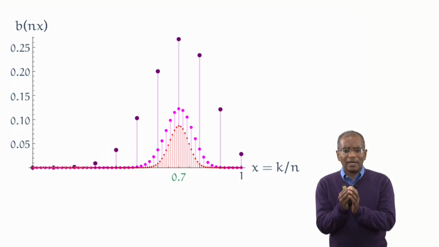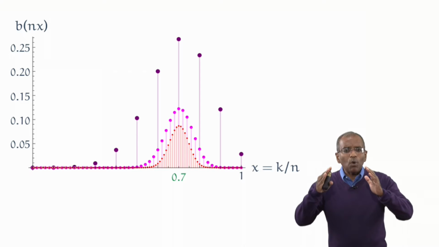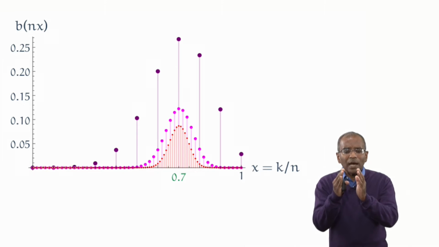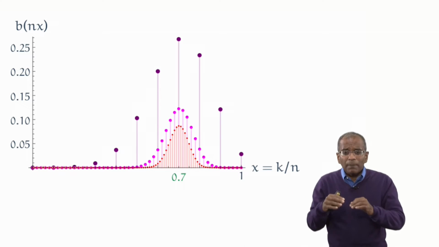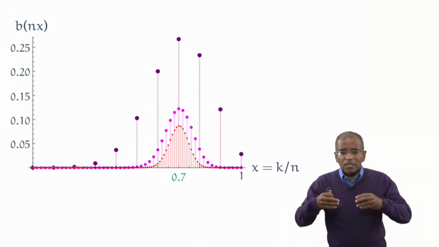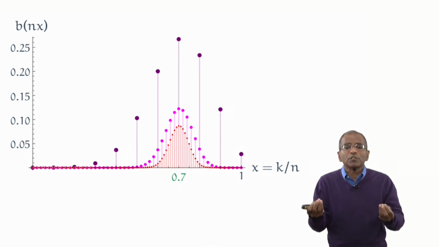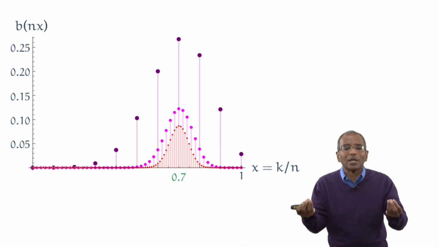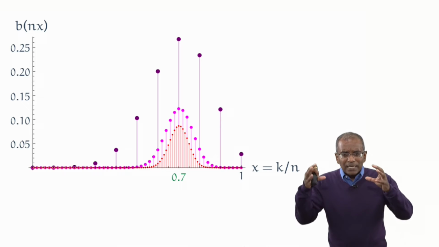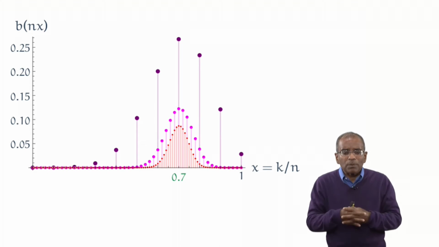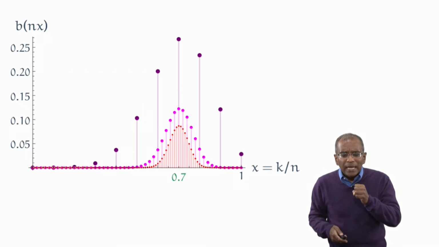Now it's very clear that as n increases, the probabilities are getting more and more concentrated around the central point. Of course, the probability is also decreasing in height, but that is inescapable because as we increase n, there are more and more points with positive mass, and they all have to add to 1 by normalization. But the main idea that there is a shrinking of the support of the distribution, or the effective support of the distribution, seems inescapable.